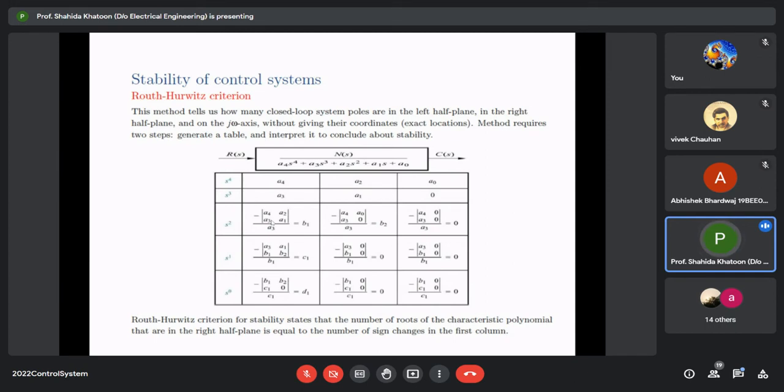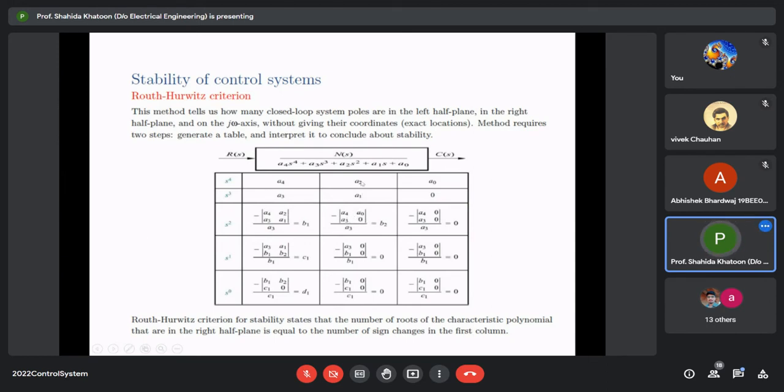Routh-Hurwitz table. So how do we do that? We form a determinant having a4, a2, a3, and a1 with a minus sign. So take the determinant a4, a2, a3, a1 divided by a3, which is the element just above this row. We call it b1. Suppose we calculate this value and call it b1, and then again we take the